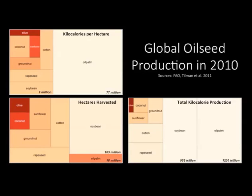It's a very productive tree. So the hectares harvested of oil palm is quite a lot less than some of our other leading oils. Compared to soybean, which is our leader at 103 million hectares, oil palm only occupies about 16 million hectares around the globe today. And if you multiply these two things together, we get the total kilocalorie production of palm oil, which is about